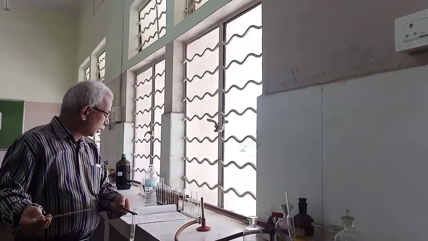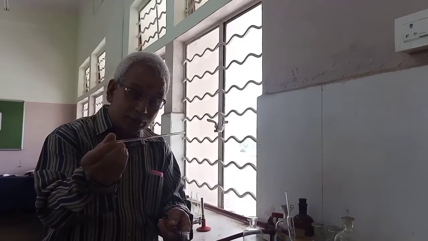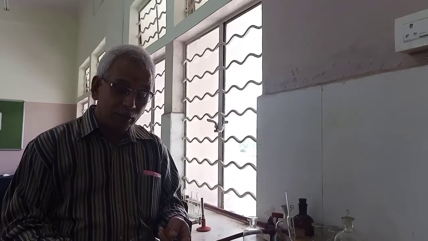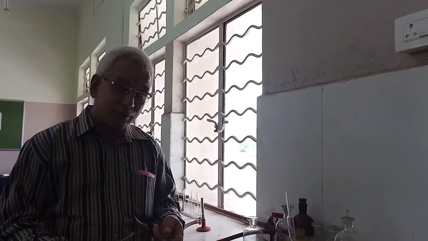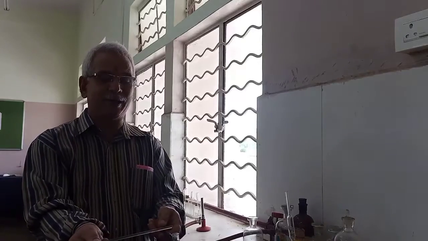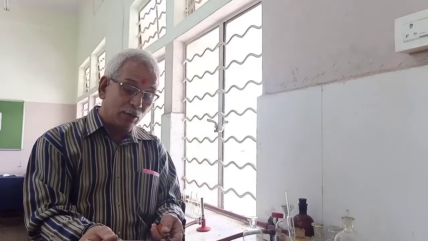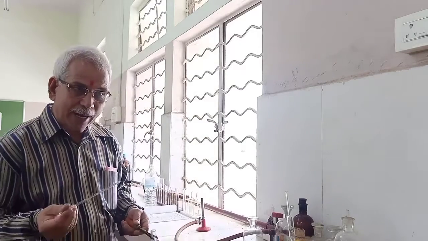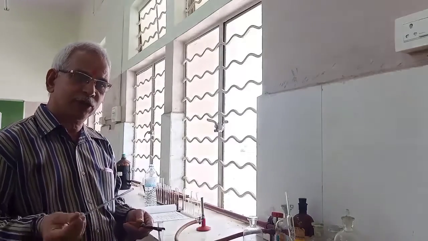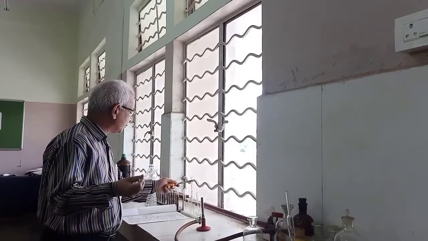So from the chart, chlorine may be present, and that chlorine is reacting with this ammonium hydroxide. When chlorine reacts with ammonium hydroxide, what is expected? Ammonium chloride. What is the color of ammonium chloride? It is white. So because of the white ammonium chloride, it is giving white fumes. The formed product is ammonium chloride, so I am getting white dense fumes. That means I am guessing chlorine may be there, still not guaranteed. I have to perform a certain confirmative test. Then only I can conclude that chlorine is present. So this is all guessing.